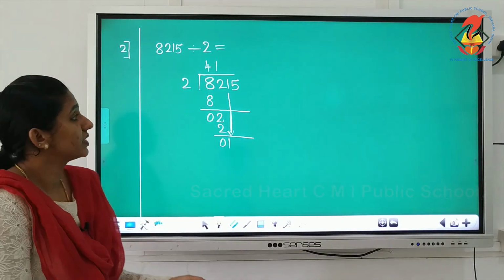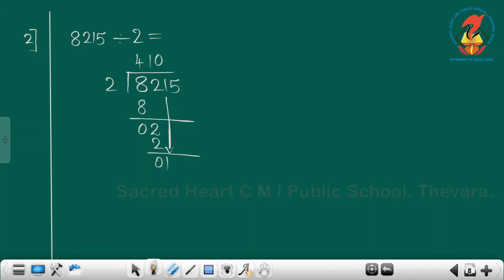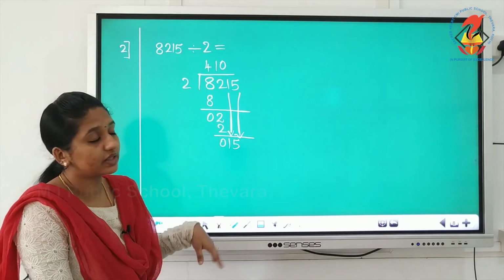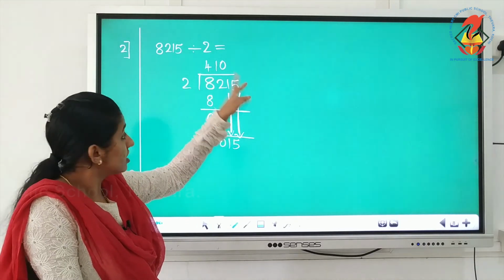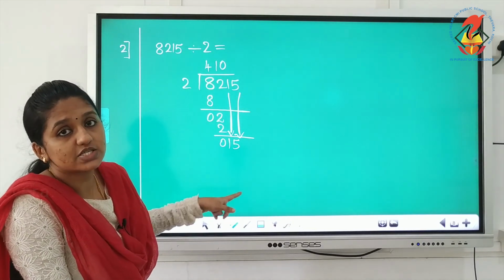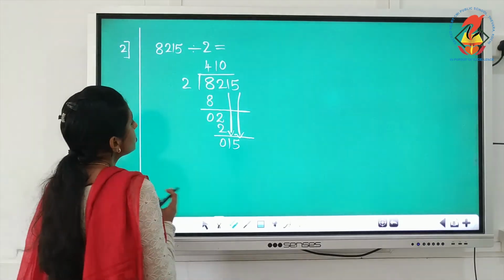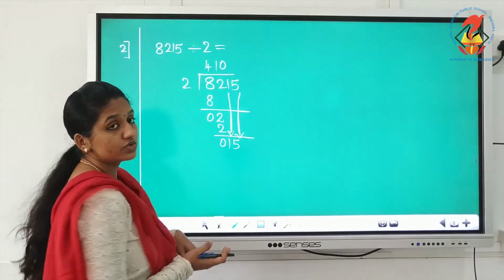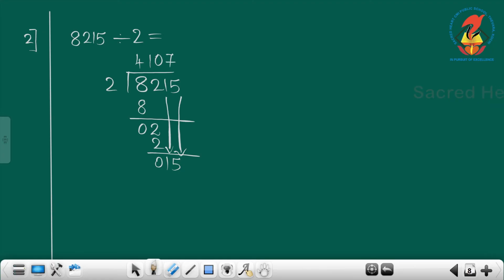So what we can do? Put 0 in the upper portion. Then you can take the next digit, bring it down. Okay. So if it is not possible, in that case, if the next digit is there in the question, first of all put 0 in the quotient place, then take the next digit, bring it down. Okay. Then in 2's table how many times go 15? 7 2's are 14. So 7 times. 7 2's are 14. Then subtract it. 15 minus 14 it's 1. Remainder is 1.